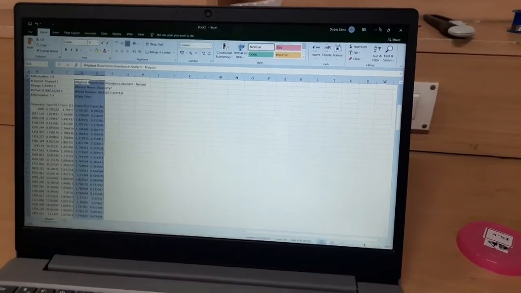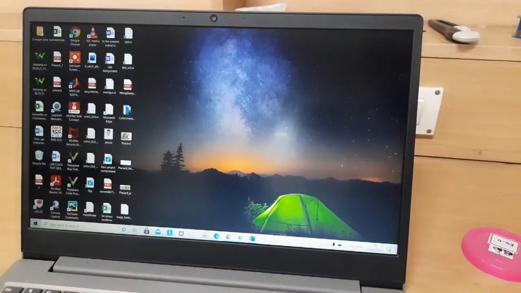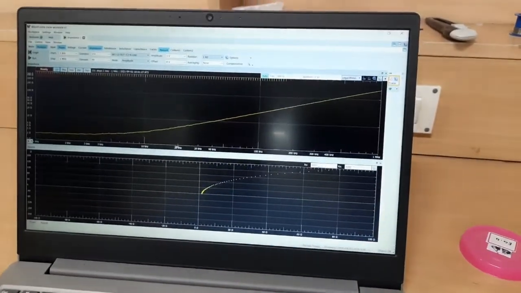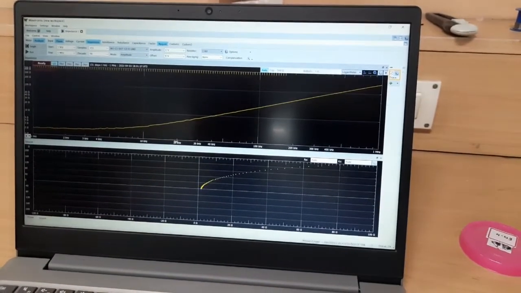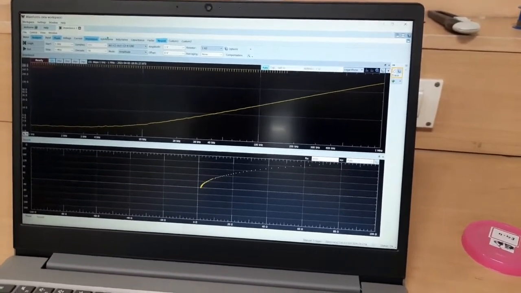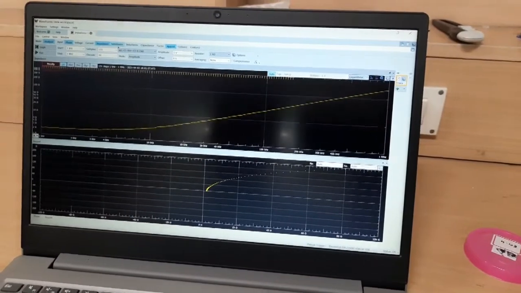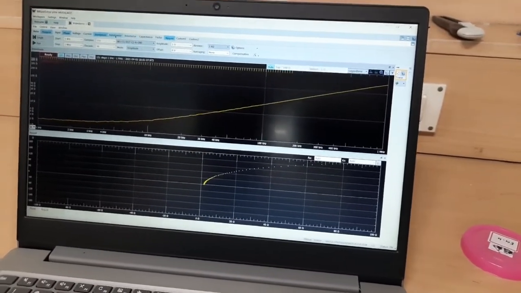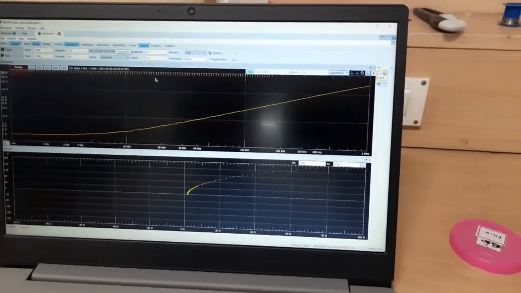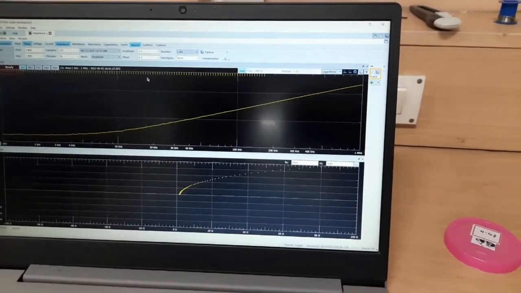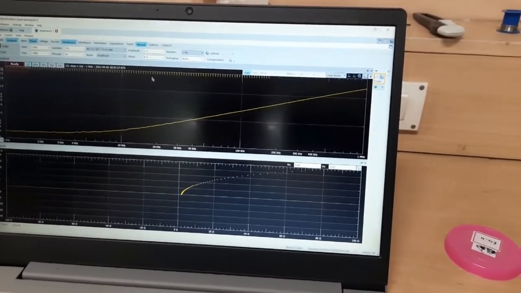Let me open that software. In this way, based on our requirement, we can take the admittance, inductance and anything else, and we can perform the impedance test of any sample. Okay, thank you.